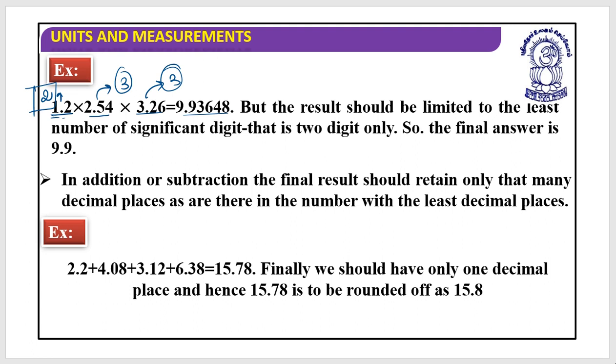So what I can write is 9.9, and I need to drop off this. So I need to apply a rule so that I can round off this 3. Now remember the rule: if the number to be dropped is less than 5, you just drop it as it is and nothing else needs to be done. So my answer should be 9.9.